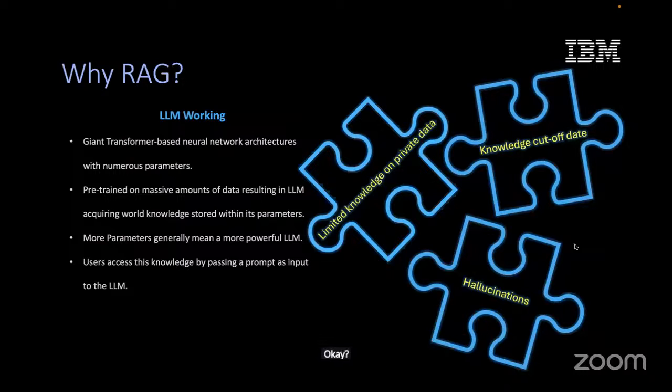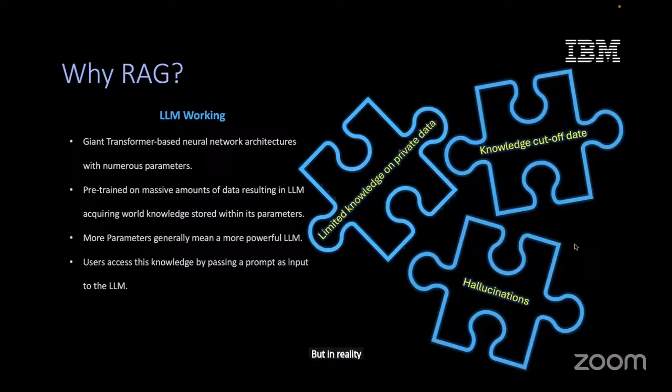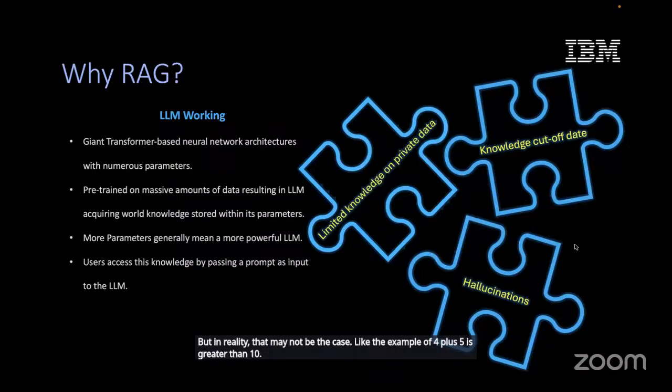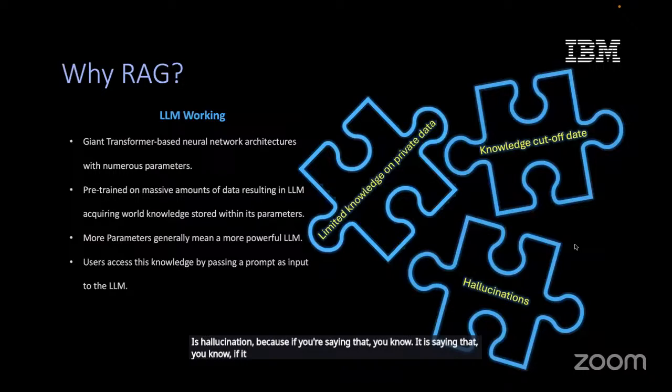So it may happen that the LLM is extremely confident that the information it is providing is accurate. But in reality, that may not be the case. Like the example of 4 + 5 is greater than 10 is a hallucination, because if it is saying that 9 is greater than 10, that is hallucination, because we know as human beings that